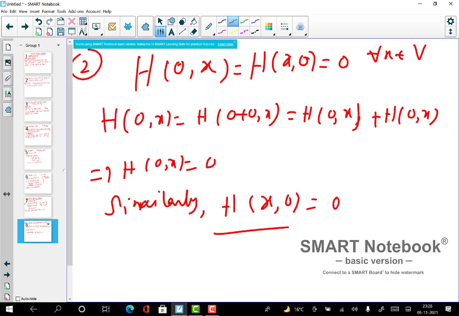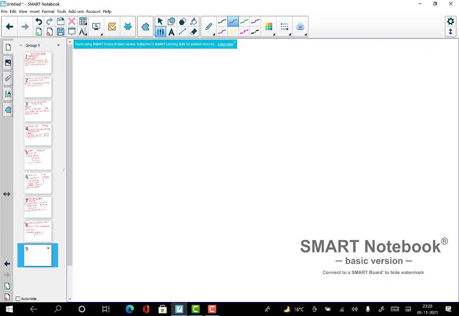So what does that mean? That means these bilinear forms in both arguments are 0. Now bilinearity will also give us another property. That property tells us that if you start with, for example, a sum of two vectors a plus b in one argument, and another sum of two vectors c plus d in the other,